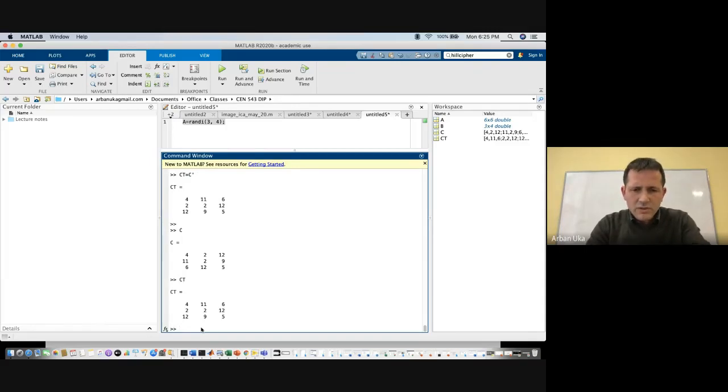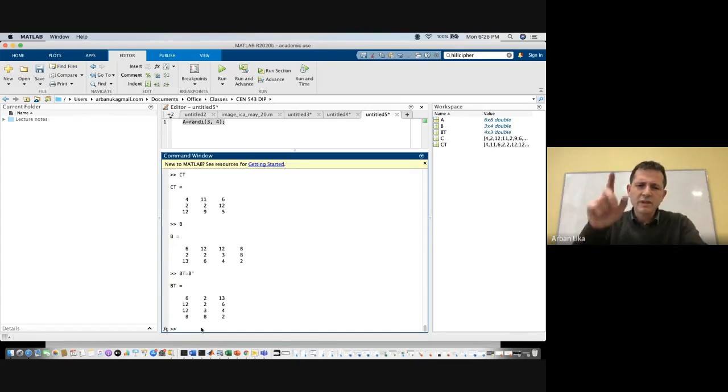So transpose is just the symmetric reflection of the matrix with respect to the diagonal. Now, this is a square matrix. Now, let's see what B was. B is not a square matrix. We can define a B transpose, which is going to be equal to B transpose. Transpose in MATLAB is just